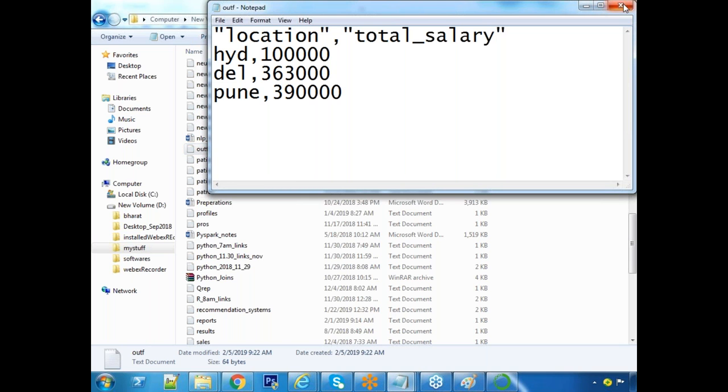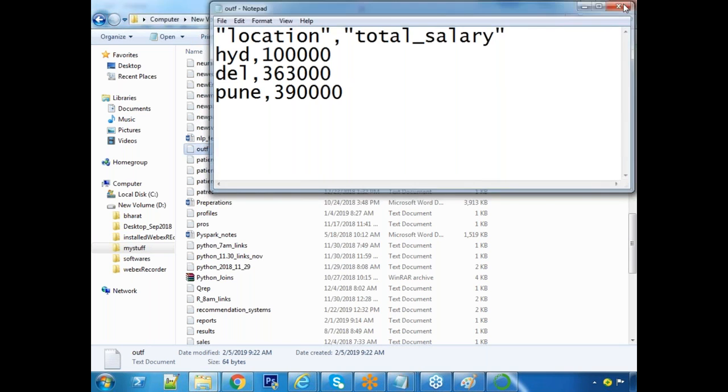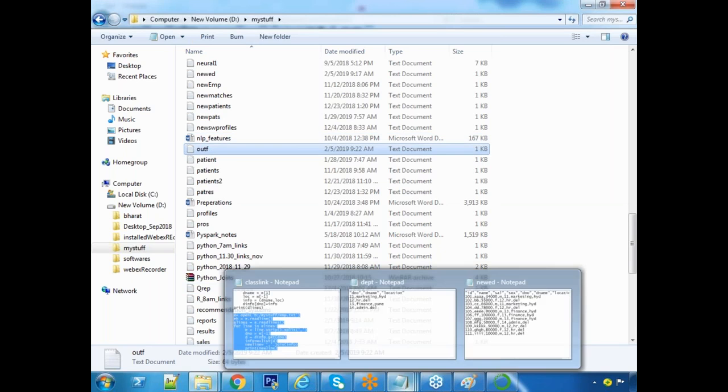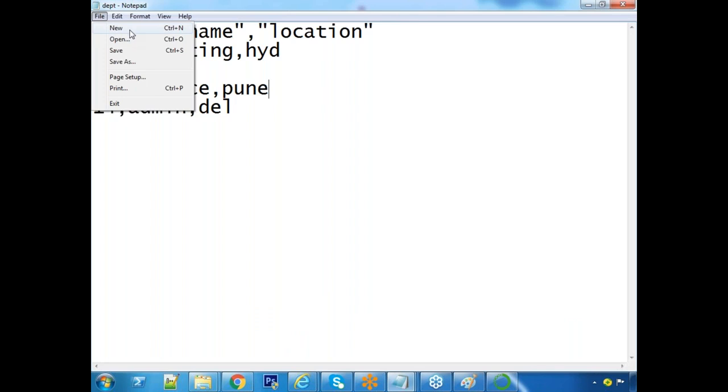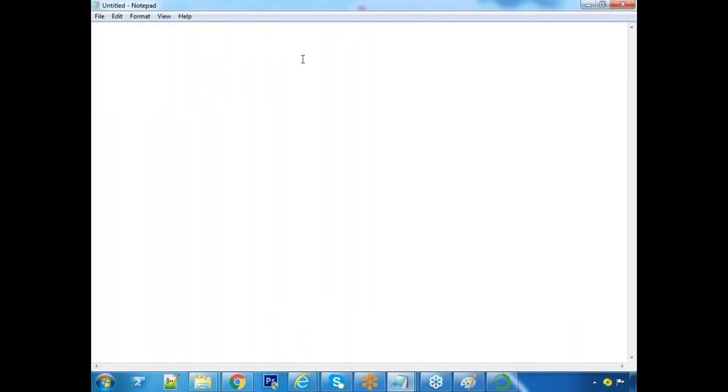So, a small task I am giving to you. All of you note down this task. There is a file called transactions.